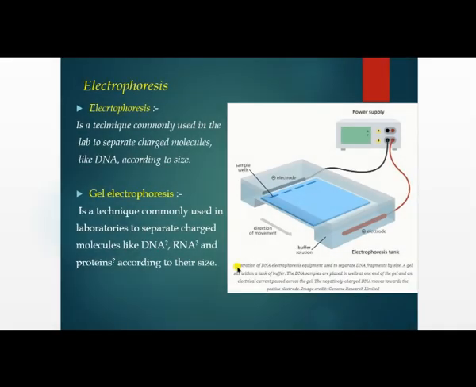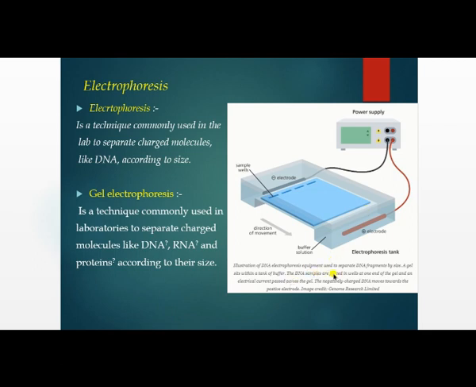So, illustration of DNA electrophoresis equipment. This is the equipment we are using for DNA electrophoresis, for the separation of DNA fragments on the basis of their size and their molecular density. Here we are using the gel, for what? To load the sample. A gel sits within a tank of buffer. So this electrophoresis tank is filled up with buffer solution.